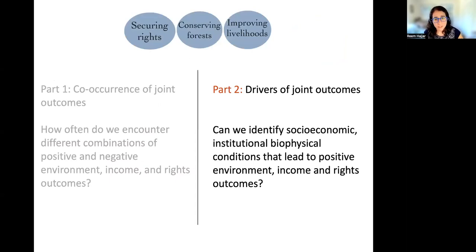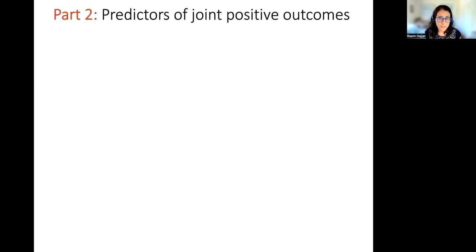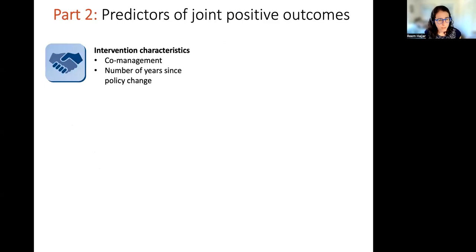So part 2 of the study, and this I'll explore in less detail, was really trying to isolate these drivers of the joint outcomes. So can we identify the socioeconomic, institutional, and biophysical conditions that lead to positive environment, income, and rights outcomes? And so just very broadly, and of course the details are in the paper, we found a couple